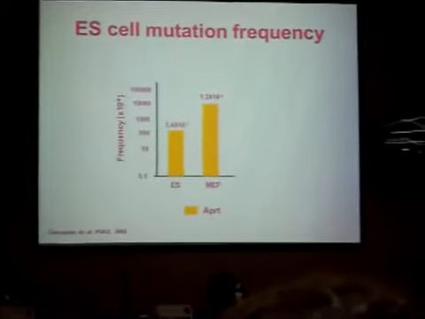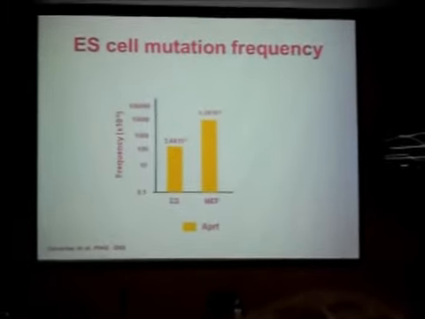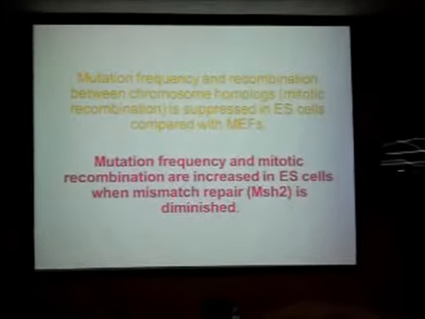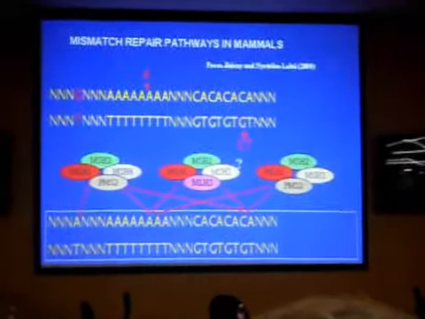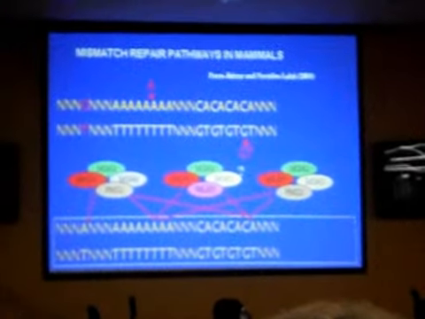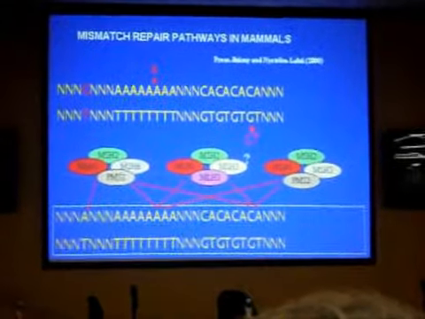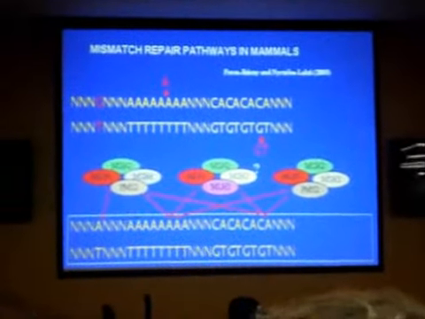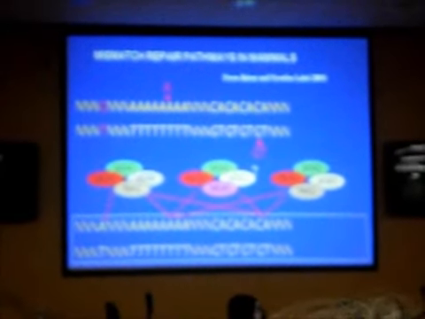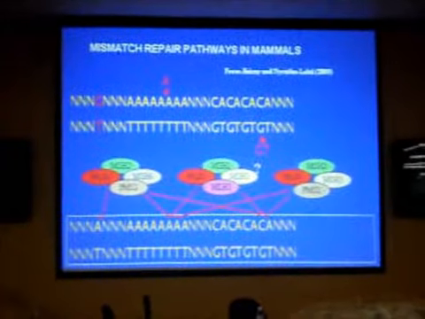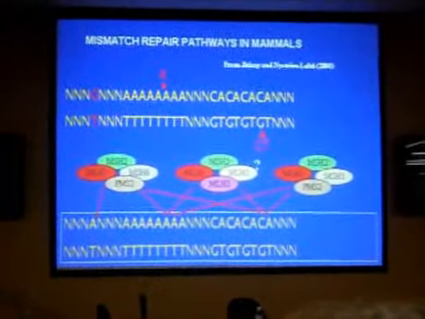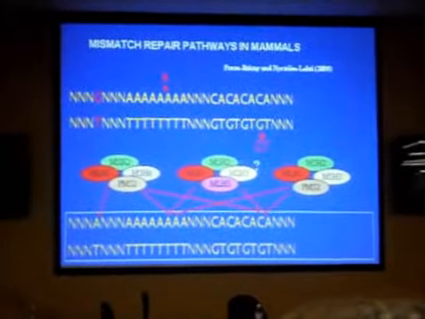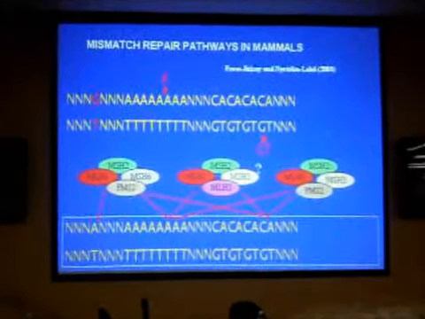And what I should tell you, and I'll show it in a moment, is that mitotic recombination is remarkably reduced. We have data that suggests that mismatch repair, in fact, may be one of the mechanisms that contributes to the suppression of mitotic recombination in embryonic stem cells. So mismatch repair occurs as a consequence of